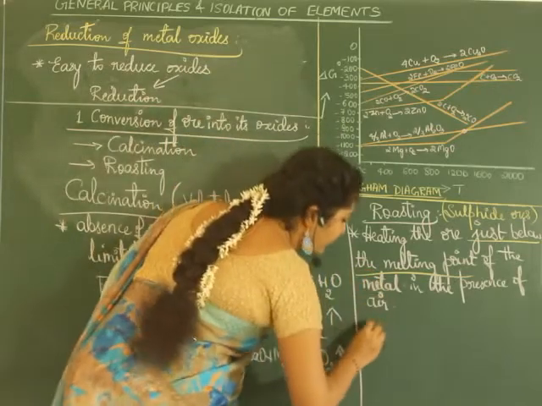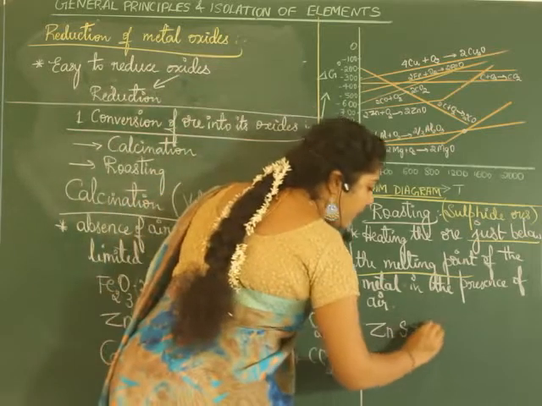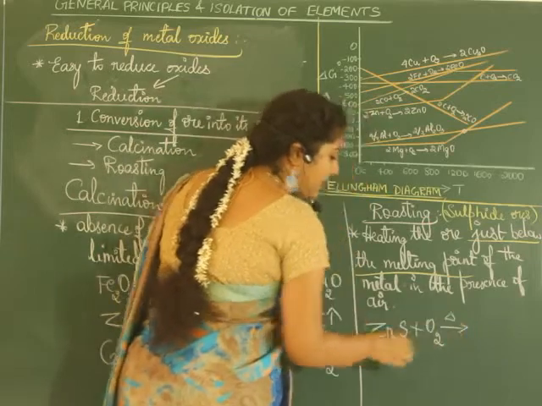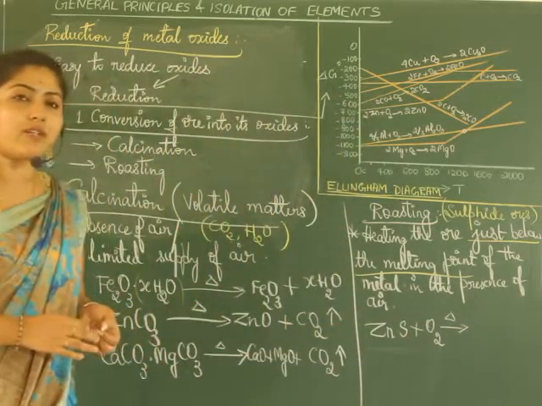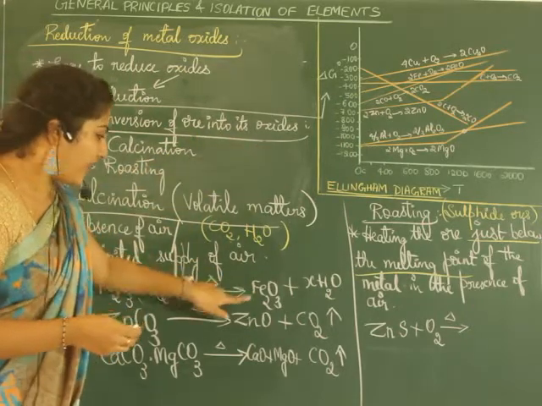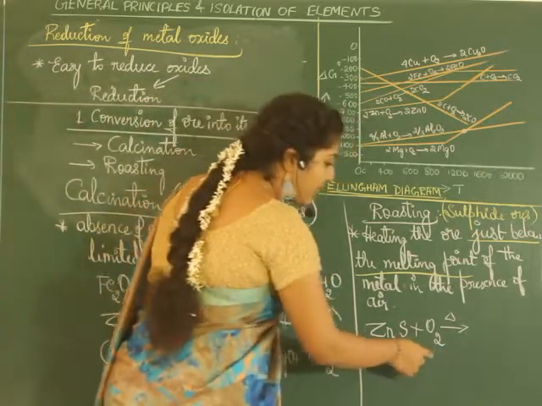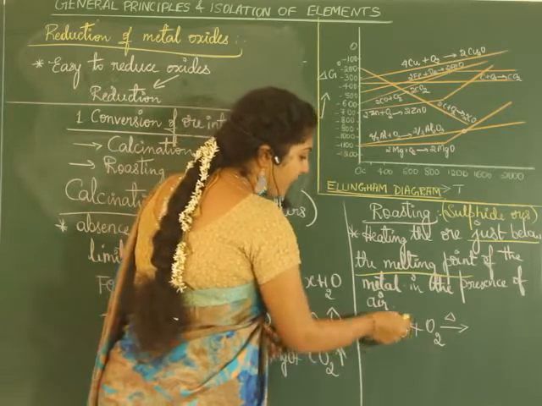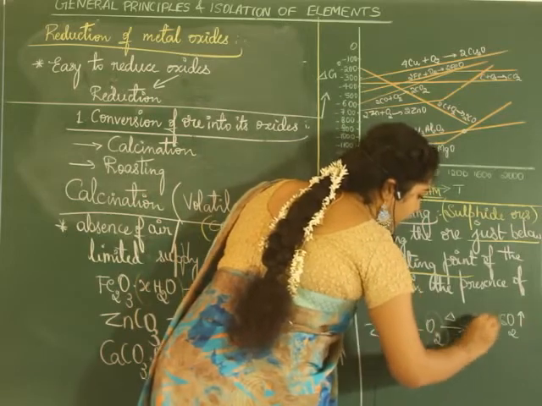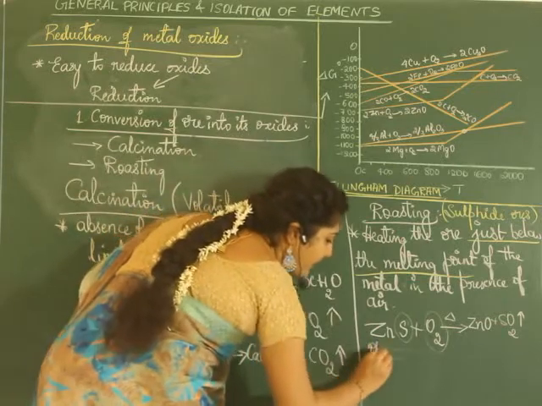Example, what is this? Zinc sulfide, we say zinc blende. What are we doing? In roasting, we heat it in the presence of oxygen. Then what are we doing in this method? We are converting the ore into its oxide form. Here you can see the oxides formed, right? Here also, which is the gas that will be liberated? Sulfur plus oxygen. Sulfur dioxide will be liberated, leaving behind zinc oxide. In the same way, if you consider lead sulfide as the example,